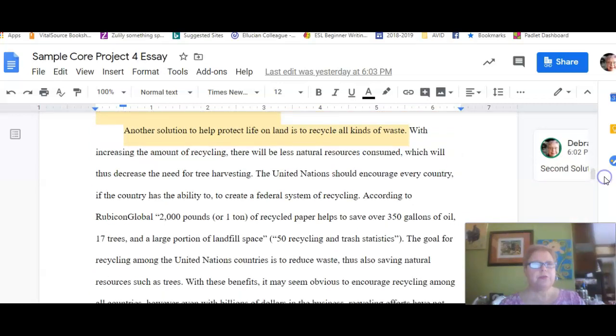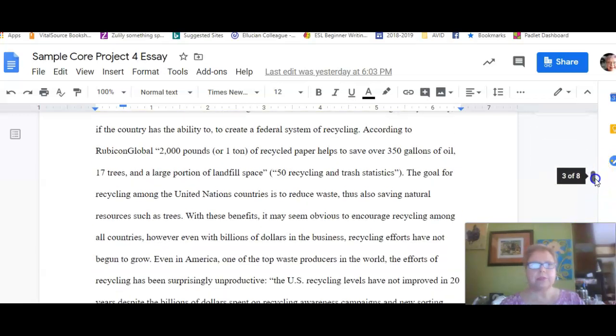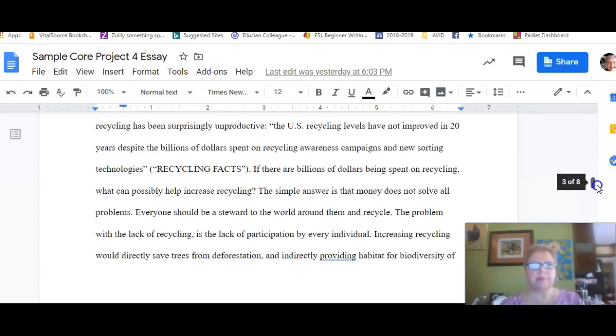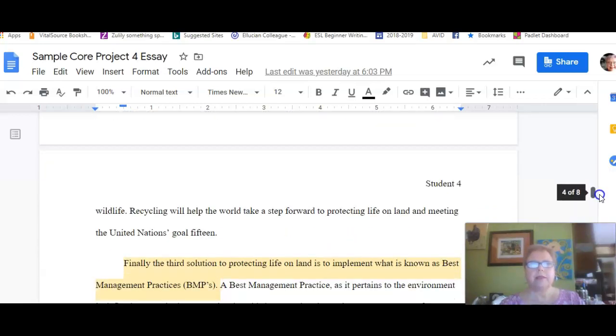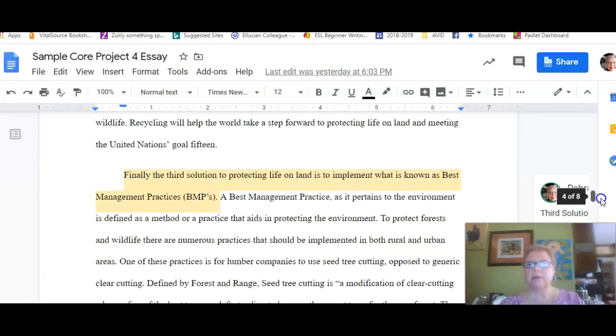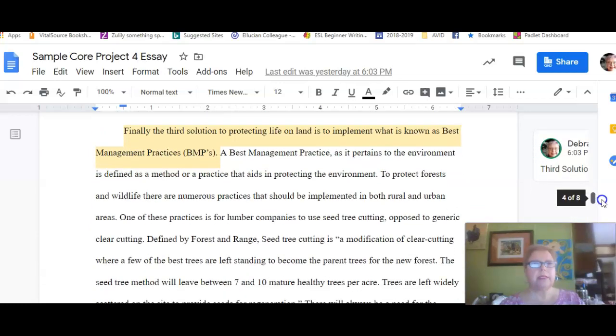And then after he finished writing about that solution, he goes on to a second solution. "Another solution to help protect life on land is to recycle all kinds of waste." Now the reader knows he's gone to a new solution, and he's brought in his evidence to back it up. It's very clear and easy to follow. And then here's his third solution. "Finally, the third solution to protecting life on land is to implement what is known as best management practices, BMPs,"